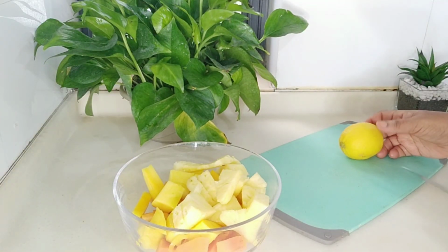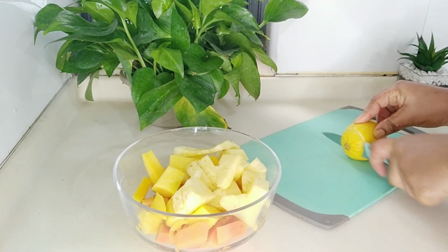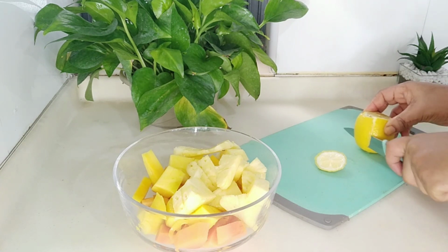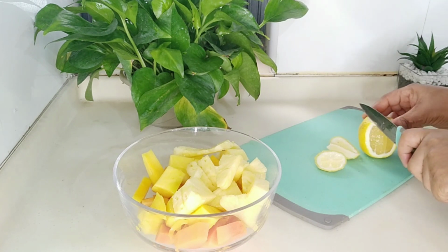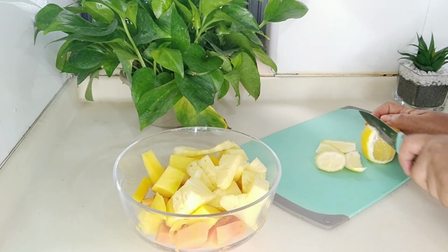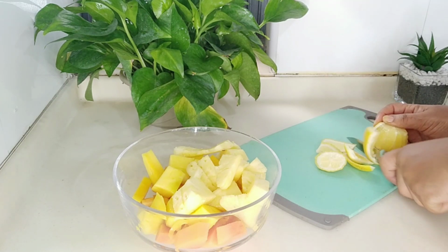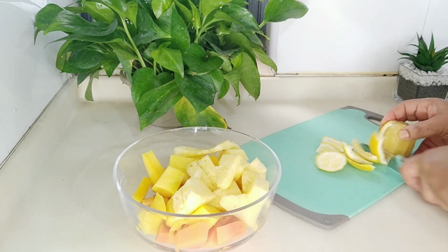The next fruit I'm going to be adding is lemon. If you want to enjoy clear skin and fewer wrinkles, then you need to start your day off with a glass of lemon water. Lemon has natural skin lightening and glowing benefits. So starting a day with a glass of lemon water is the best option because lemon water has numerous benefits,